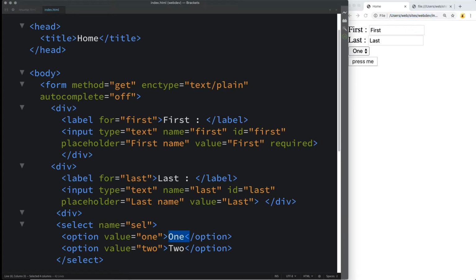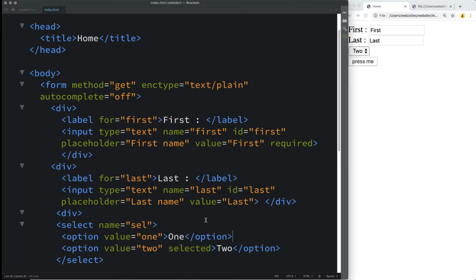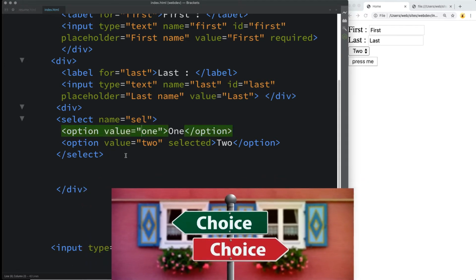You can also set these values and also within the attributes where you can specify the select value to be for the option to be selected. So if I wanted option 2 to be the automatic one that was selected, I can specify within the attributes a selected value for that form element of the select. And that will predefine the selected option. Otherwise, the first one within the options will be the one that's selected.